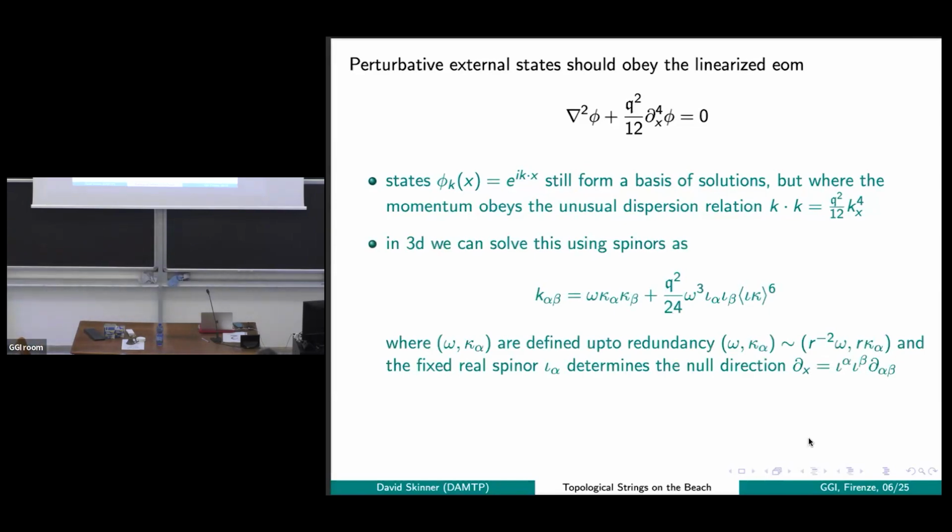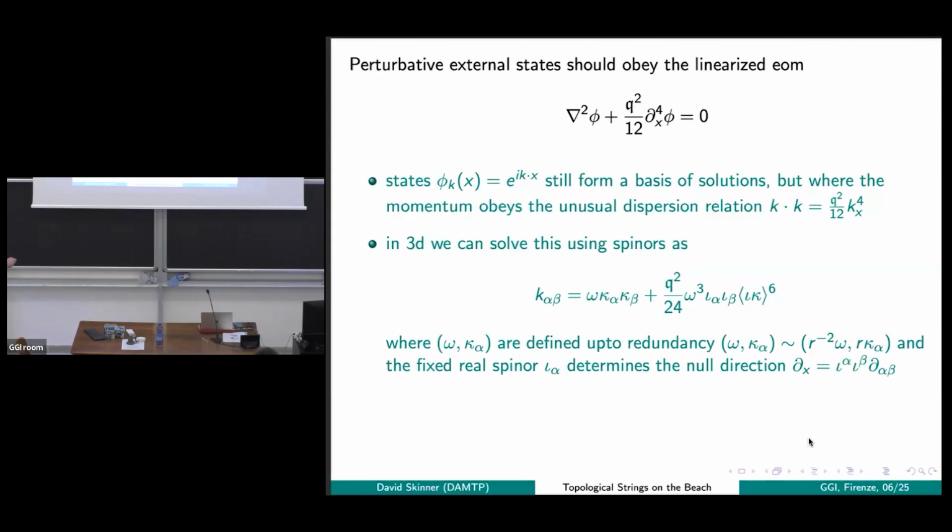So in 3 dimensions, we can solve this using spinors, just like you can in 4 dimensions. At the moment, let's just ignore this dispersion term. In 3 dimensions, our 3-component momenta can be represented as a symmetric bispinor. If it was null, if k squared was 0, then usually in 4 dimensions you'd say you have a lambda and a lambda tilde. But because it has to be symmetric in 3 dimensions, they both have to be the same thing if it's null, right? So it would just be proportional to two copies of the same spinor, which gives you a null vector in 3 dimensions.